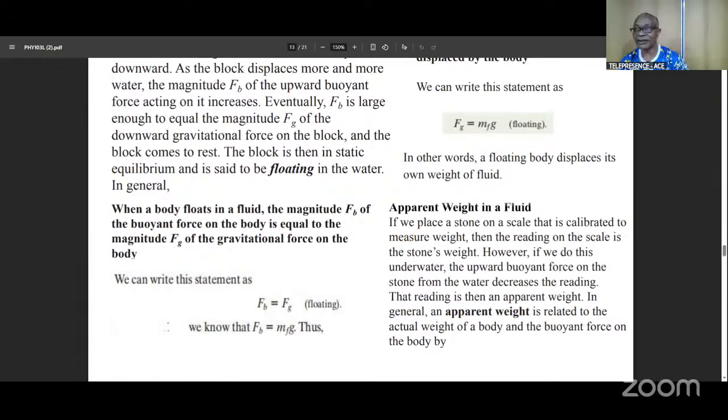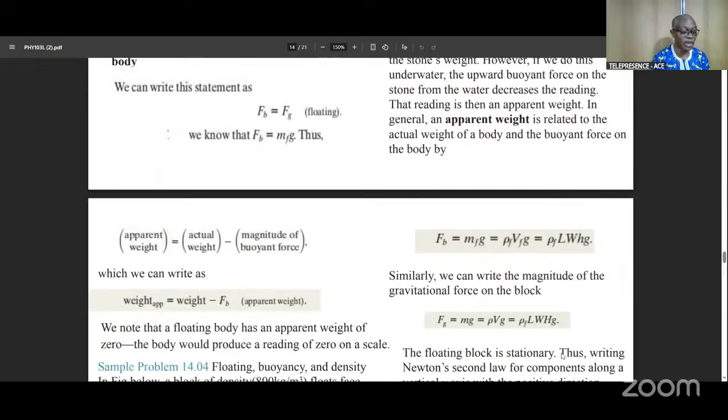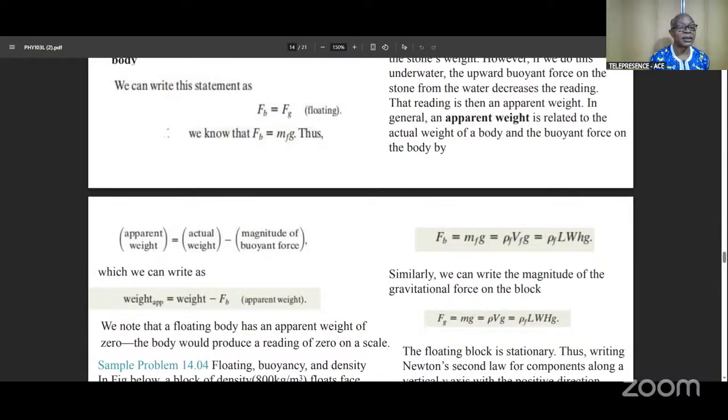And it has something to do with the actual weight of the body and the buoyant force on the body, being equal to the actual weight minus the buoyant force. Can we get that? The apparent weight that we can read is